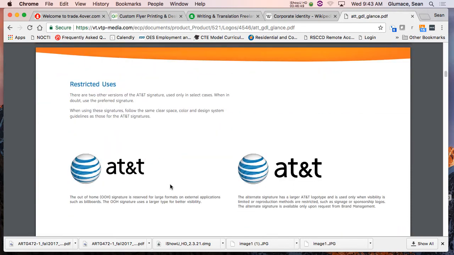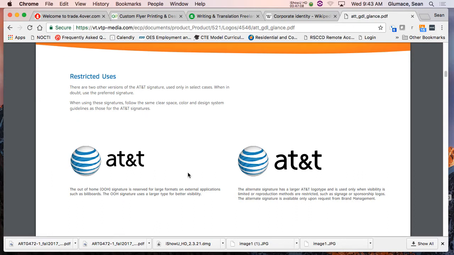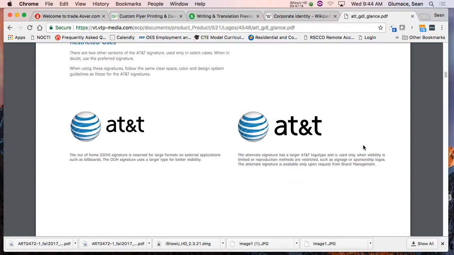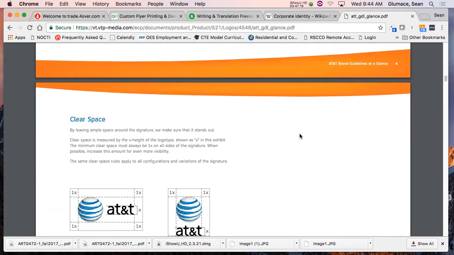Restricted uses. Can't do what you want with it. And this kind of goes back to my problem with all of the students who were in that contest. They were breaking apart the logo, changing the color. I'm like, no, you can't do that. It's not even an argument at this point. This comes from legal. As a designer, sometimes I don't completely agree, but this is the law, and we have to follow these rules.